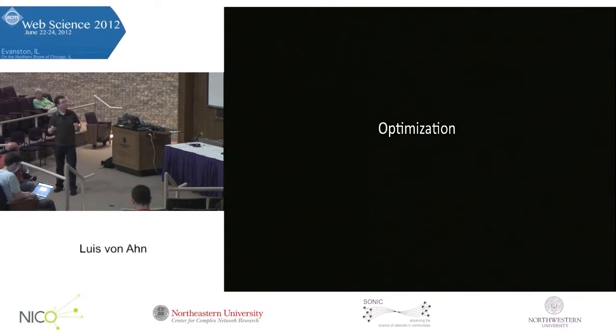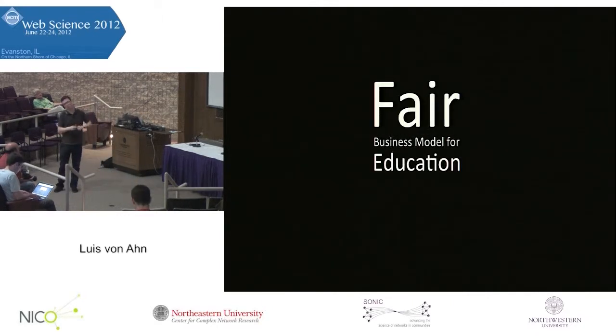Okay. Now, probably the reason why I'm most excited about Duolingo is because I think it's a much better business model for education, or a much fairer business model for education. See, right now, the business model for education, at least language education or software language education, is the student pays. And in particular, if we're talking in reality, the student pays $500 to Rosetta Stone. That's the current business model for language education. The problem with that is that the vast majority of the world doesn't have an extra $500 laying around. Whereas with Duolingo, it's 100% free to learn.